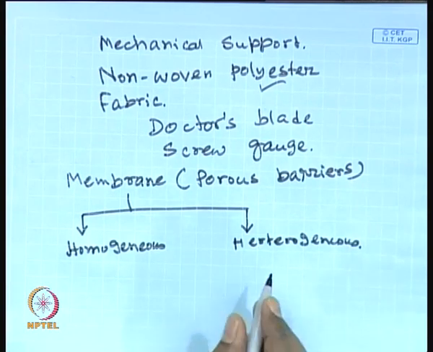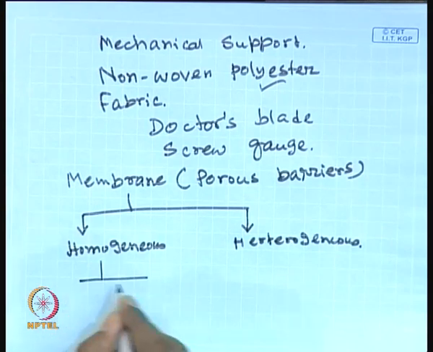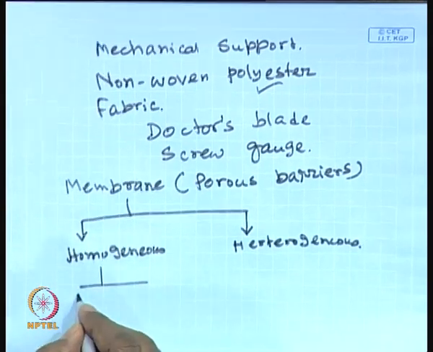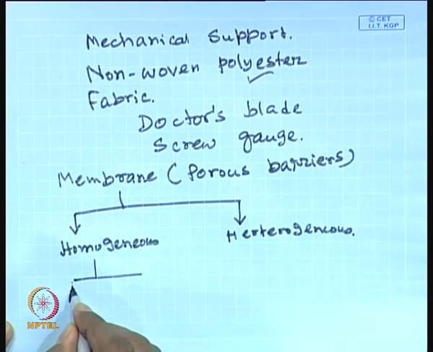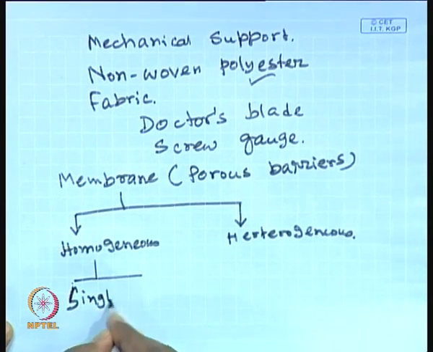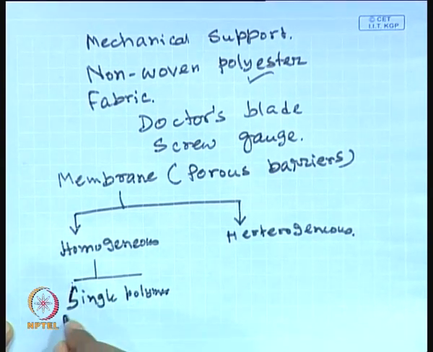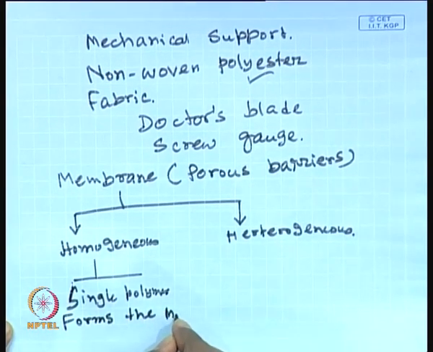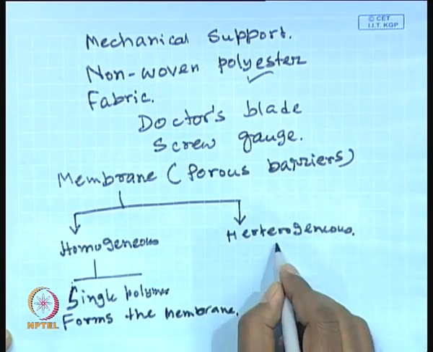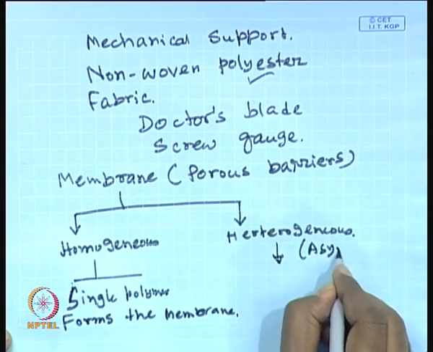Homogeneous is basically where the membrane is of a particular, single polymer that forms the membrane. In the case of heterogeneous, also known as asymmetric,